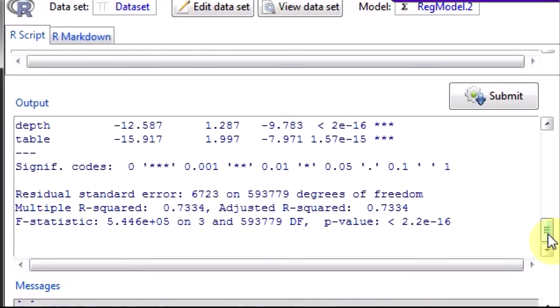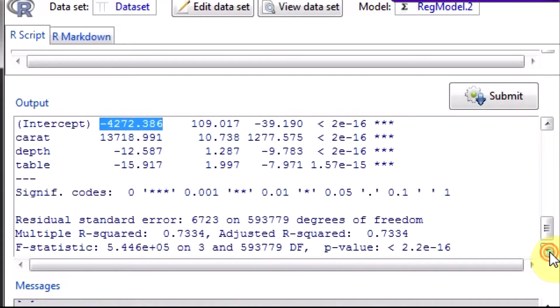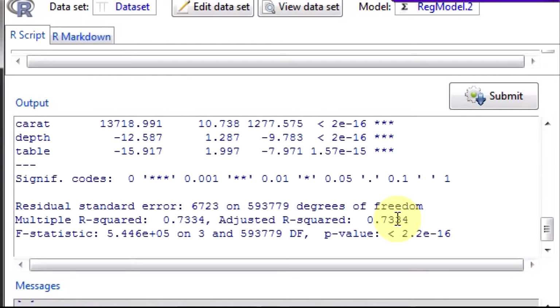And the model equations are here by the parameter estimates. So minus 42727 plus 13718 into carat minus 12.587 into depth minus 15.917 into table is equal to price as per this model, which is explaining how much? It's explaining 73% of the variance in price, right?